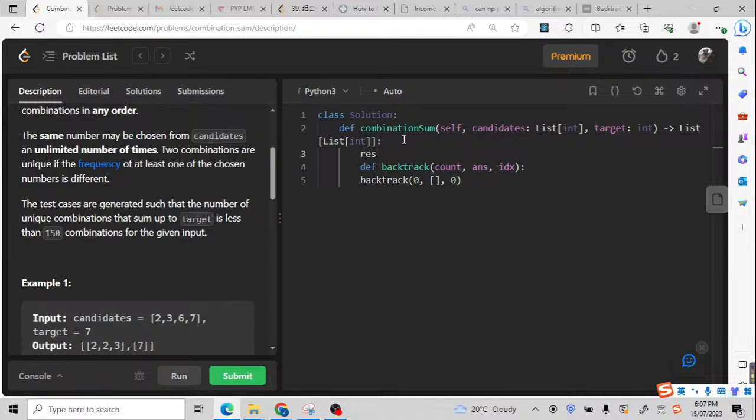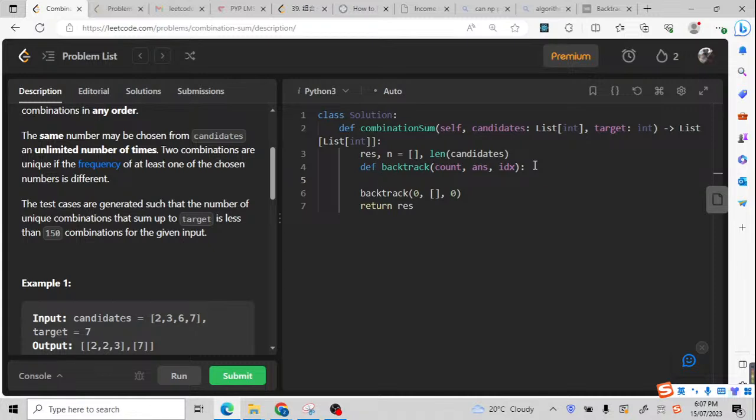And before that, I will define 2 global variables, result and n. So the result would be an empty array because I wanted to return the result. And this n would be the length of the candidates, because I will loop through it. And from here, the backtracking, if we finished our definition of the backtracking, we need to find the